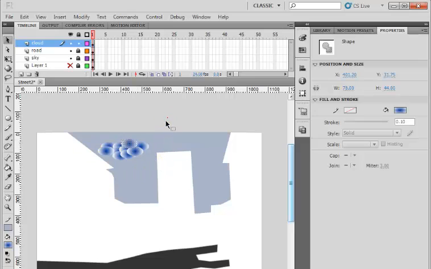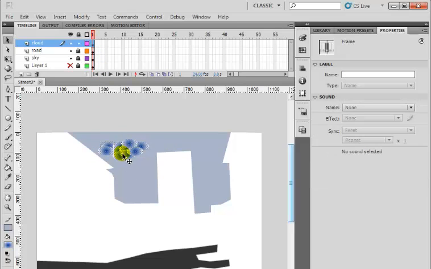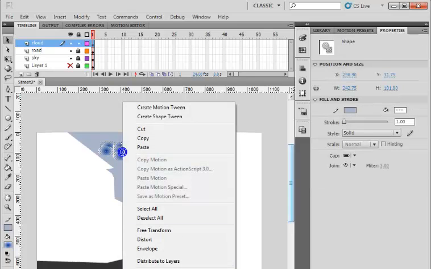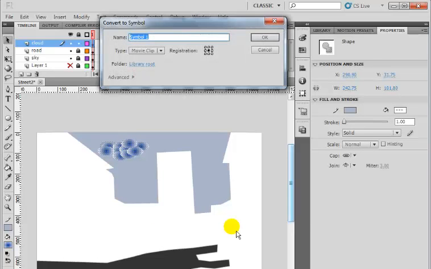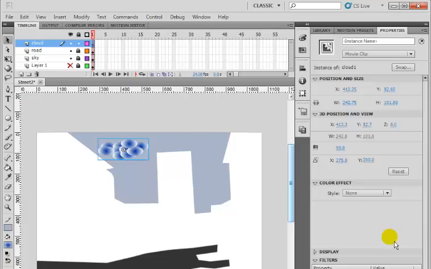What we do now is select it, right click on it and convert it to symbol. Maybe I can just call that cloud one, since I might end up creating another one. So it's now a symbol, which makes it easier for me to